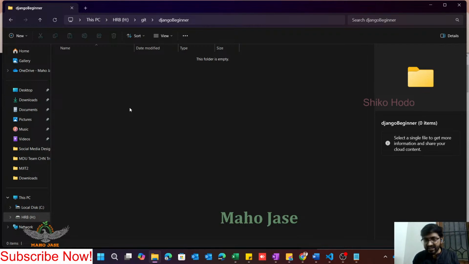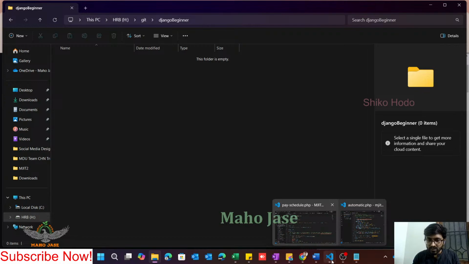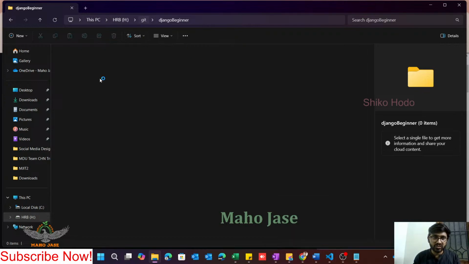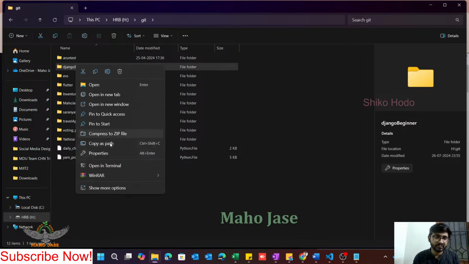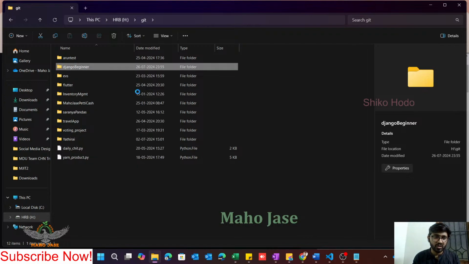There are other IDEs like Atom, PyCharm. Those are other competitor IDEs, but still I am going to use VS Code. So I'm going to open this folder in VS Code. Go to the Git, right click on this folder, show more options,